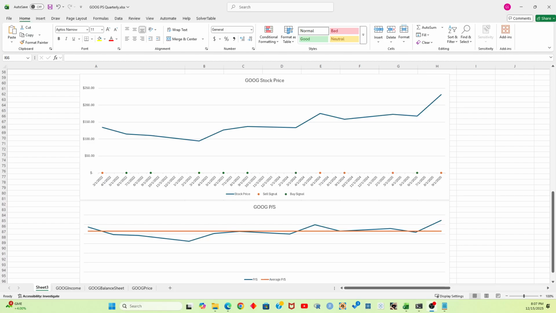Hello, let's review how to get financial statement data in Excel and do a real life example of how we might use data to make trading decisions. What you will learn is how to build this buy and sell signal chart on Google stock using the price to sales ratio as a trigger. This approach did a nice job signaling Google was trading at a discount during 2022 and 2023